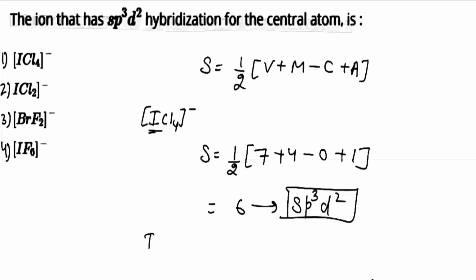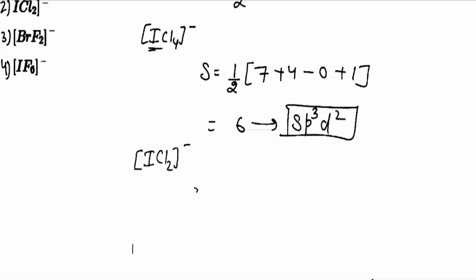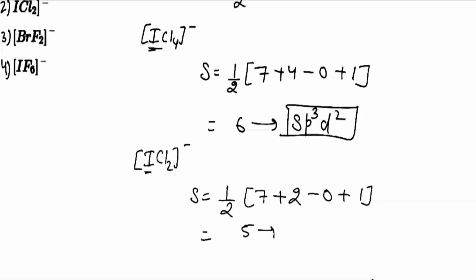Now for the second option, that is ICl2 negative, the steric number S will be equal to 1 by 2 the valence electron of central atom, that is iodine, 7, plus monovalent atom attached to the central atom, which is 2, minus cationic charge, there is no cationic charge, plus there is one anionic charge. So the steric number comes out to be 5, which means sp3d